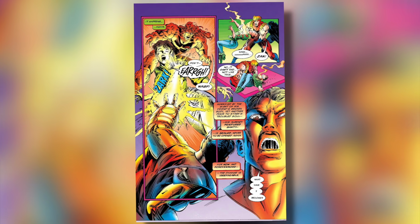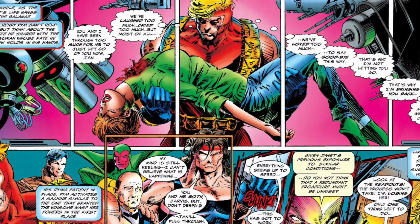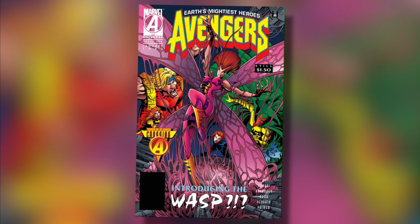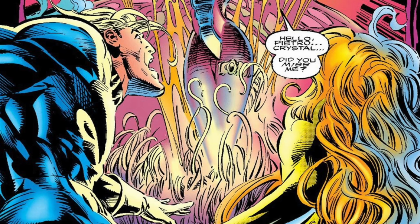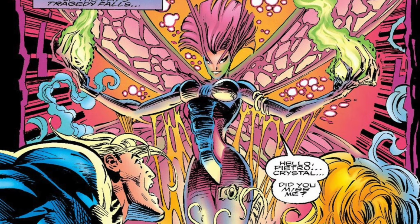But the part of The Crossing that people don't talk about enough, in my opinion, is when Tony Stark blasts a hole straight through Janet Van Dyne, aka the Wasp. Hank Pym tries to heal her by exposing her to the same procedure that originally gave her her powers, but to no avail, and in Avengers issue 394, the Wasp re-emerges from a cocoon as an actual half-wasp, half-hypersexualized 90s